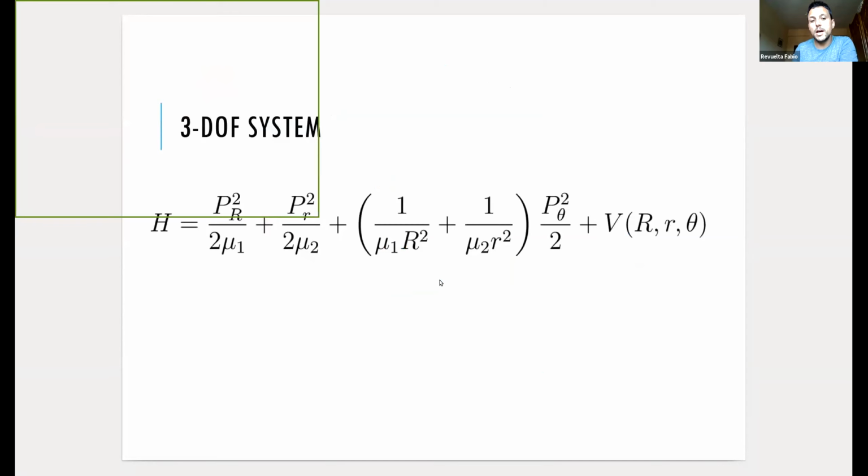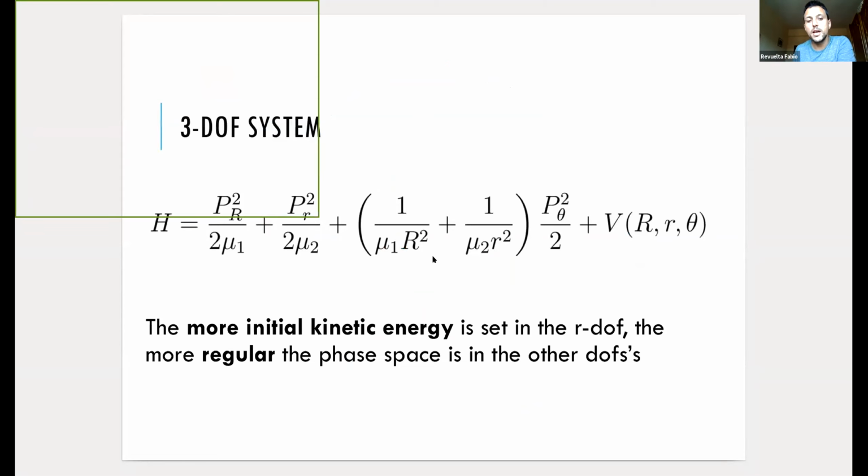Okay, so the Hamiltonian is the one I showed you at the beginning. So we can also do the same thing. We just take some initial conditions, we propagate them, and we compute the Lagrangian descriptors for that case. And we make similar plots to the ones that I've shown you. And the interesting thing is that we take the initial conditions by changing the kinetic energy in this third degree of freedom. So we vary it and we see what happens.